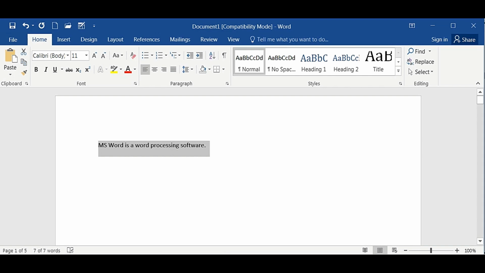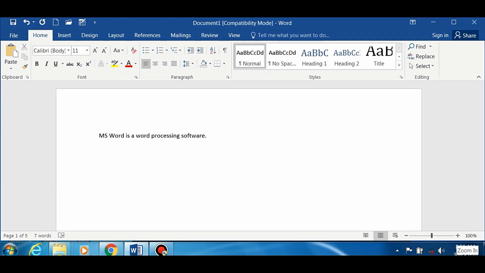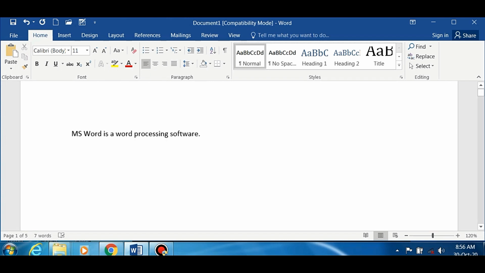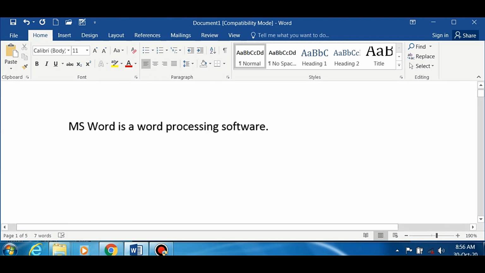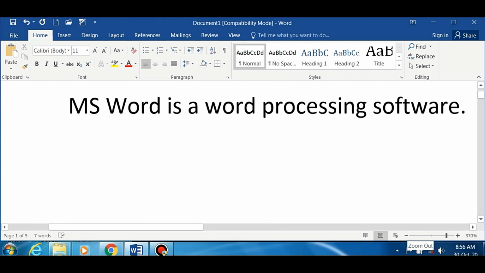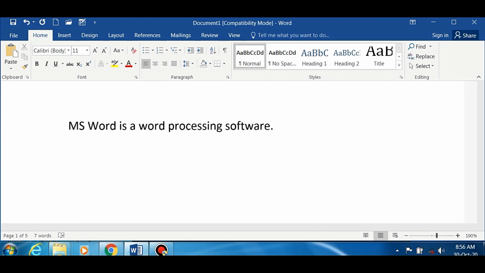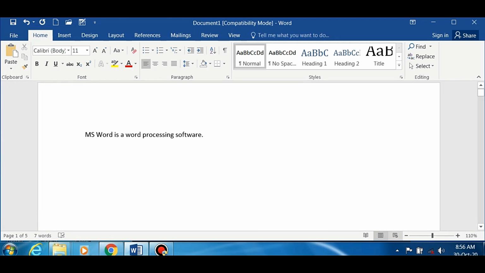Now let's talk about the view buttons. This area is called the view buttons. Next one is the zoom controller. Here you can see that when we place the mouse over here, it is written as zoom. If I want to see my window smaller, we can say it is zoom out, and if I want to see the content in an enlarged form, we can say it is zoom in. When I click on this plus sign, you can see that my file content is getting bigger, it is zooming in, enlarged form.